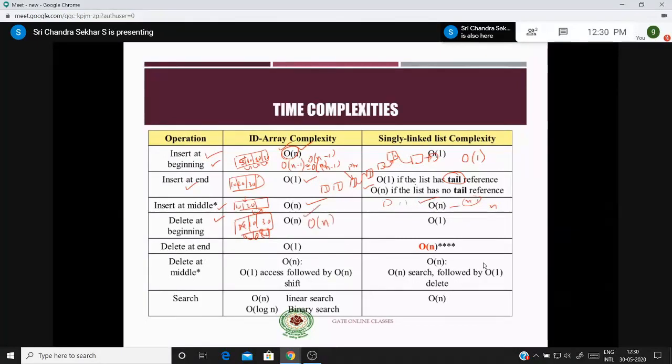So this is true. Now coming to delete at the beginning in a linked list, if you have these nodes, 2 nodes like this, or 3 nodes like this, if you want to delete this, you just make the head pointer point to this second node, and you free it. So it is just big O of 1, right? I think you are getting it. Similarly, deleting at a node, very simple operation. Therefore, the deletions in arrays always take place from the last point only. So 10, 20, 30, you delete this. It operates in big O of 1 time, right? Coming to the deletion operation of nodes at the end.